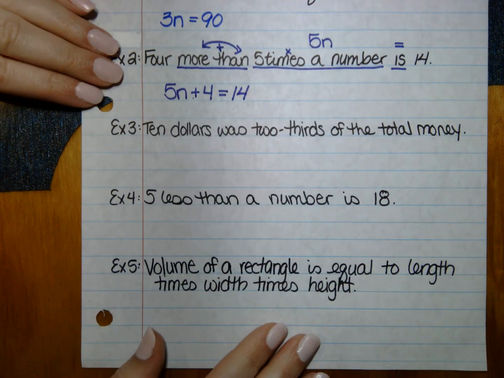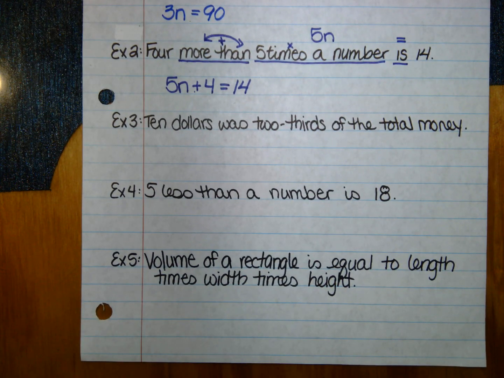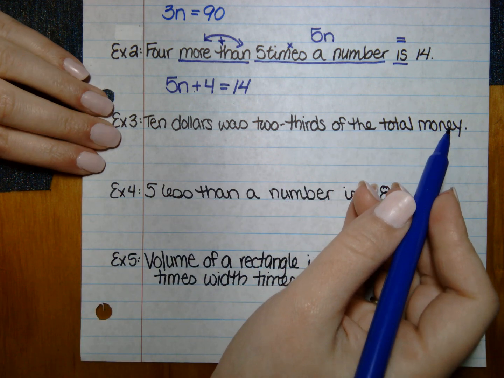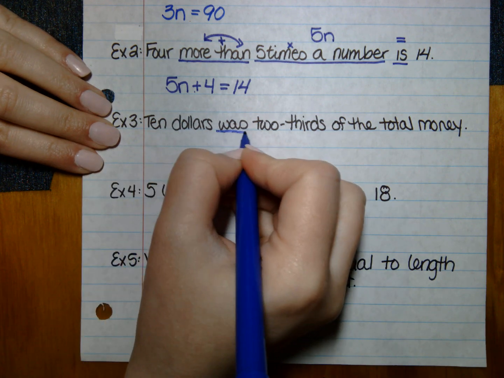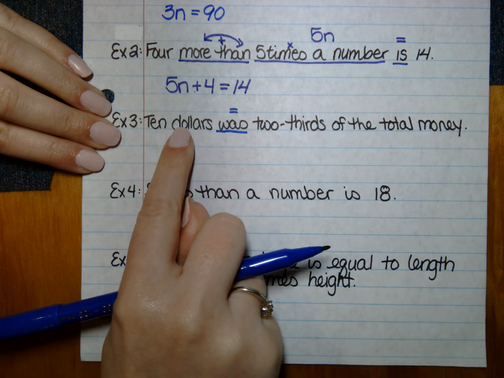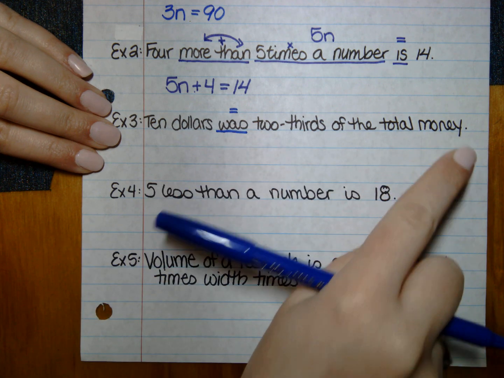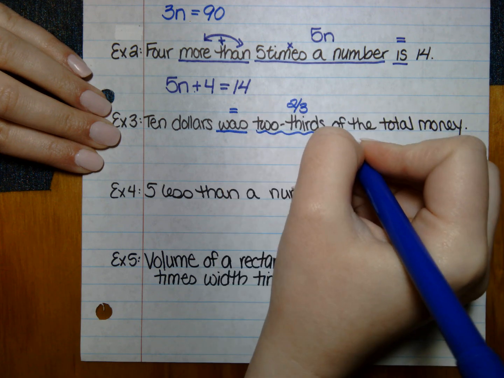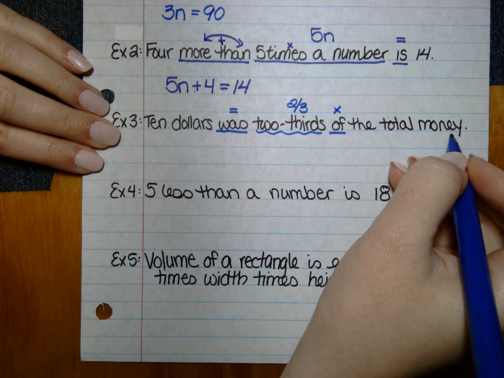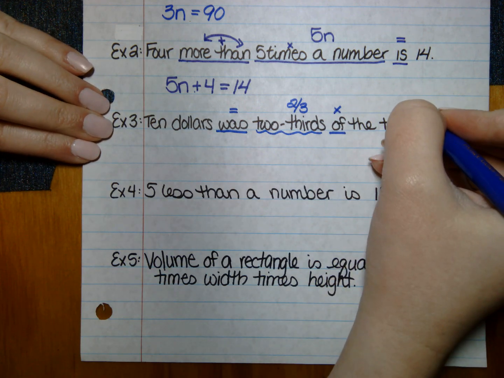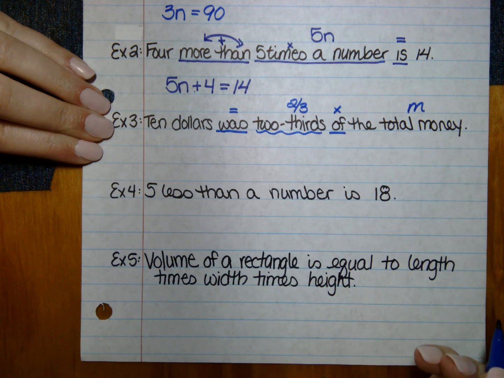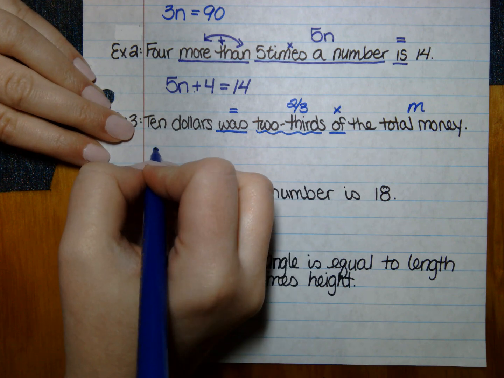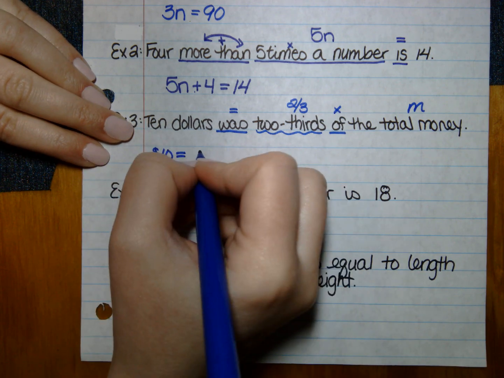If we move down to example 3, I have $10 was 2/3 of the total money. So $10 was, that's my equal sign. So this is equal to 2/3 of the total money. 2/3 I'm going to write as a fraction. Of means to multiply, and the total money, we don't know what the total money is, so I'm going to use the letter M for money to represent that value. So again, as I write it left to right, I have $10 equals 2/3